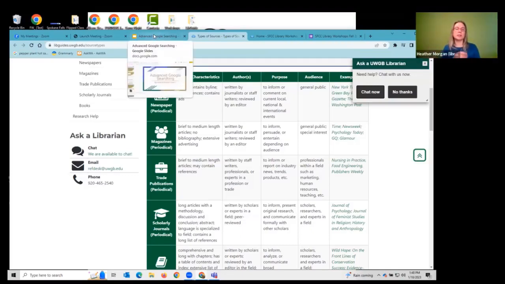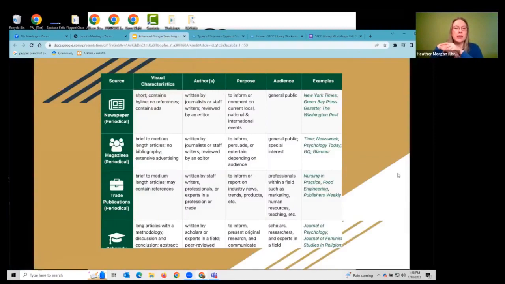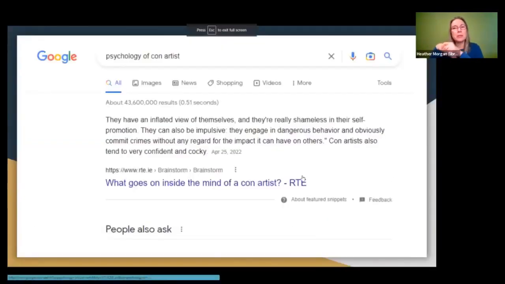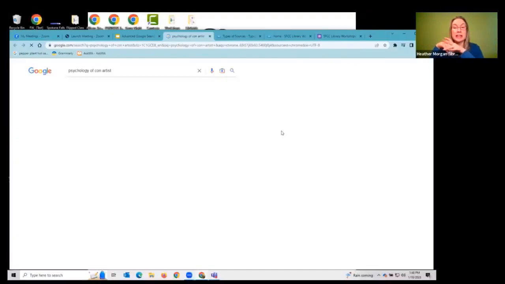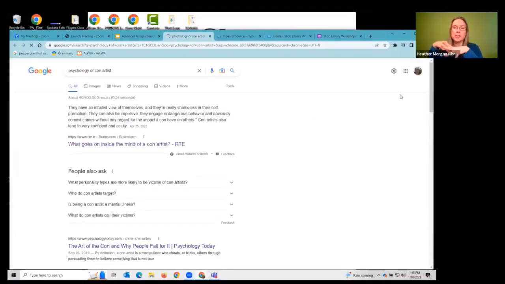And to go along with this, understanding some source types not only helps you, as we said, with determining credibility, it also helps you when you ultimately have to cite your sources, because you're going to need to know your source type in order to cite your source, which once again is a workshop a little bit later on. And I'm just going to throw in sort of a little analogy here for Google and source types. I kind of think of it like if I'm watching a show on like Netflix. Let's say I have Netflix on, and I found a show. It doesn't mean that everything I'm watching on there is Netflix.